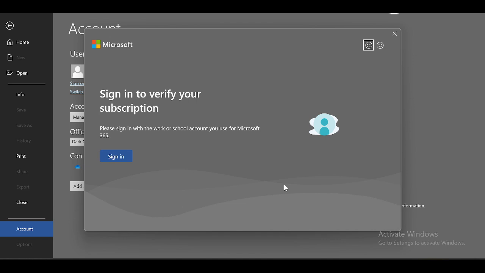Once your license is updated and your update channel is confirmed as either current channel or monthly enterprise channel, give Word a moment and, if needed, close and reopen the app. After reopening, Copilot should begin to appear in the ribbon or as an option within Word, depending on your organization's rollout and configuration. That's all you need to check inside Word. Open the app, update your license from the account menu,